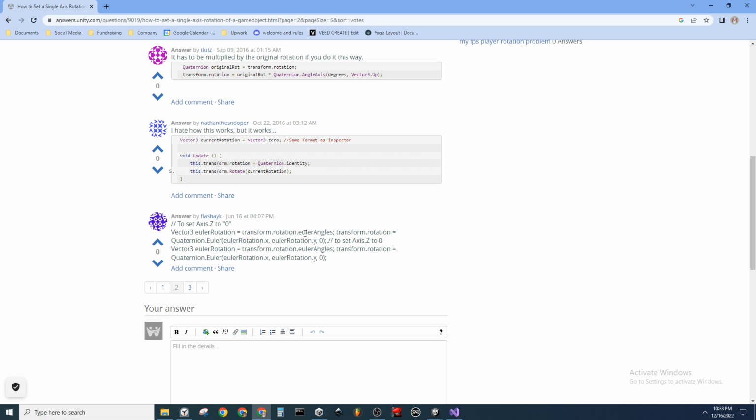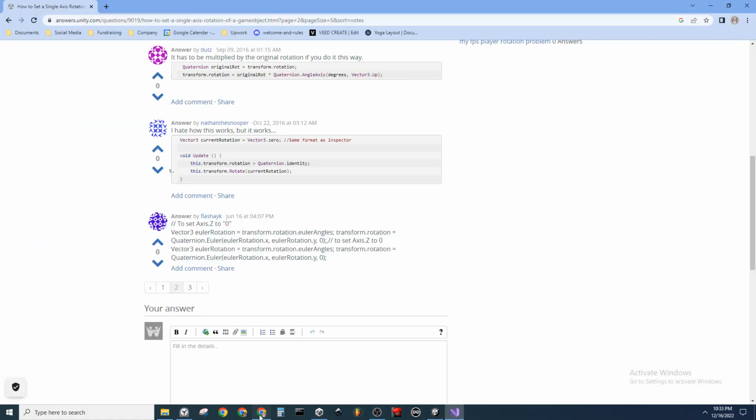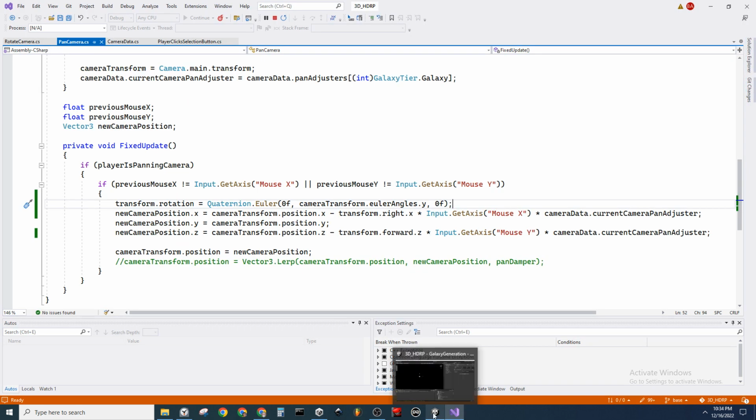So the camera transforms, or Euler angles. And then the rotation is Euler with